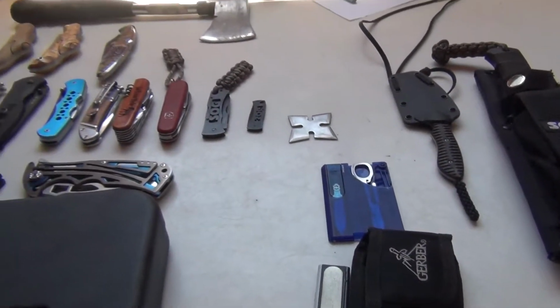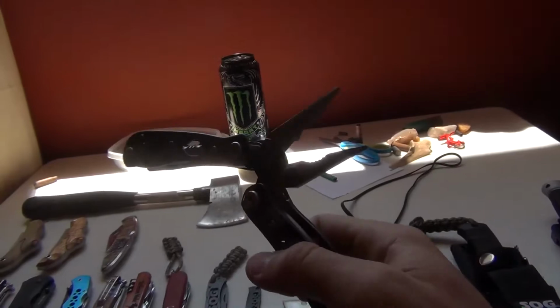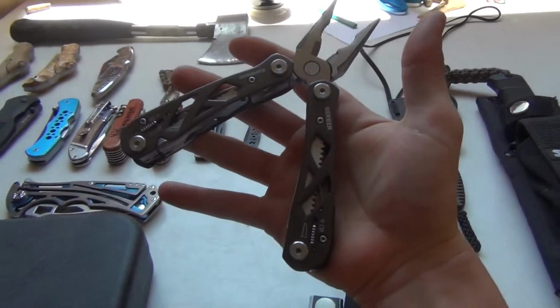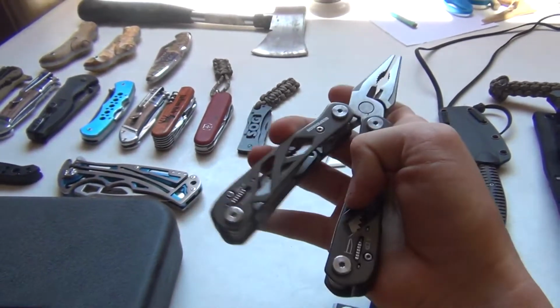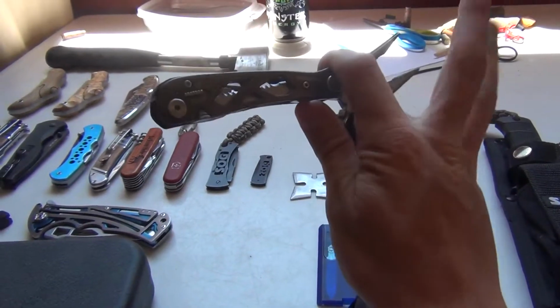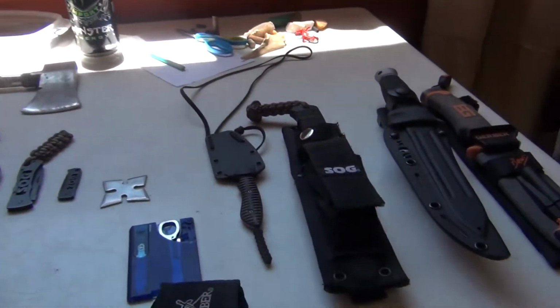This is a Gerber suspension multi-tool. Great multi-tool for not very much money. Spring assisted, did a review on this already. Go check it out. I keep this with my,